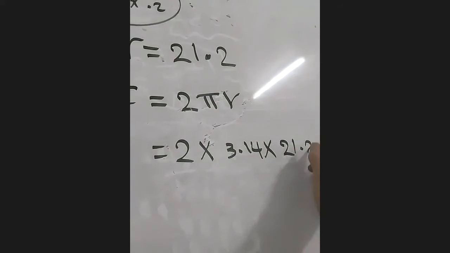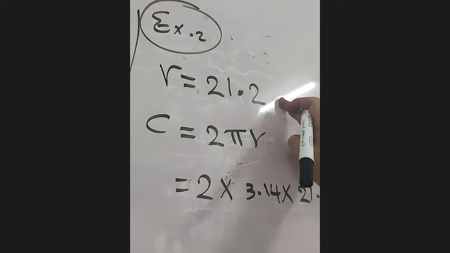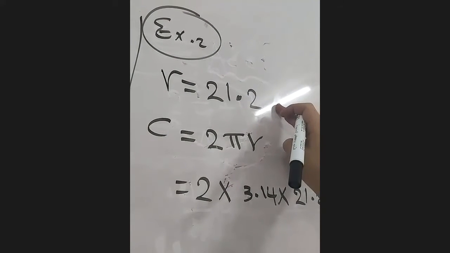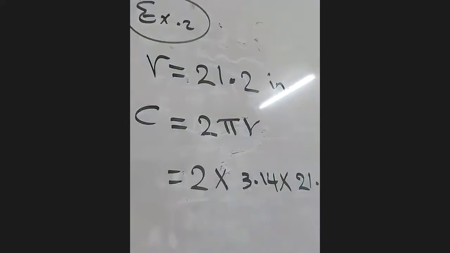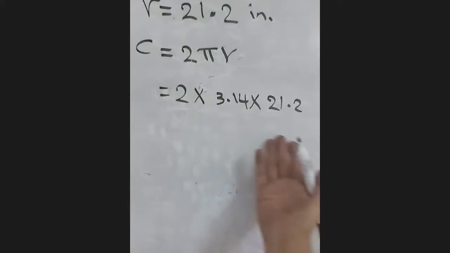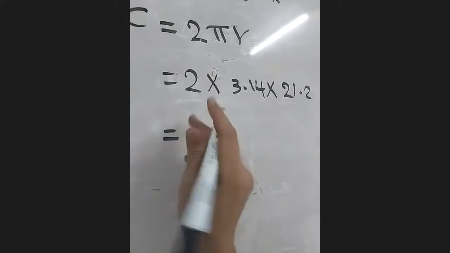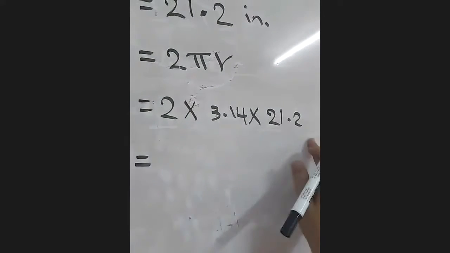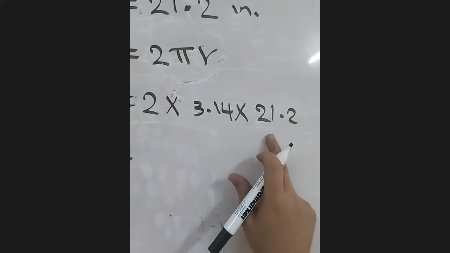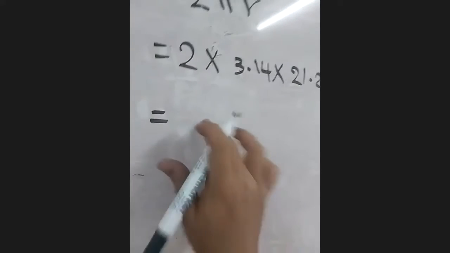How much is the radius, which is given here? 21.2. What's the unit for the radius in the question? Inch. Yeah, IN like this. Okay. Now, is this difficult? Nope. Now, what we will do is multiply these 3 numbers, right? So if you multiply 2 by 3.14 by 21.2, you can use your calculator. The answer will be